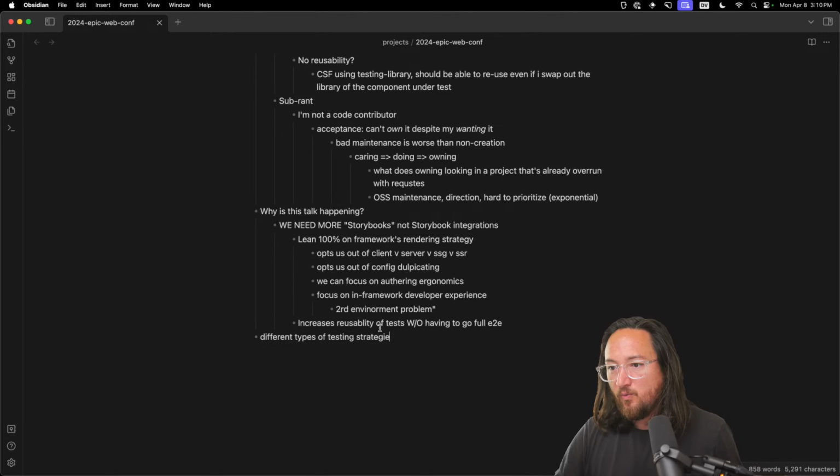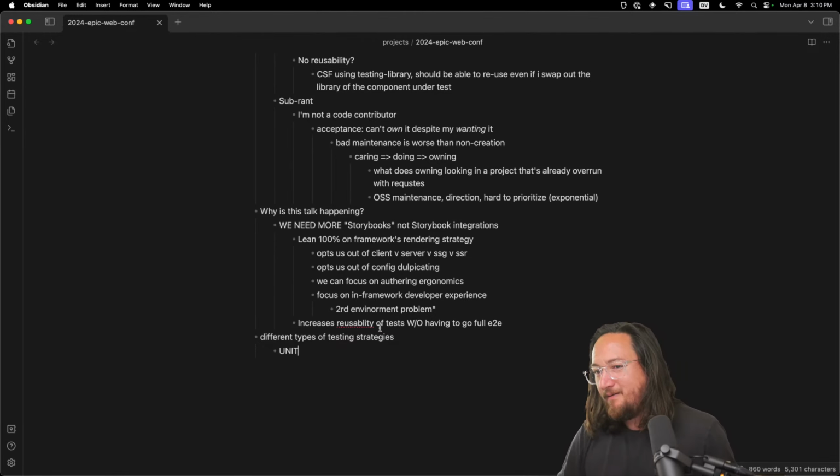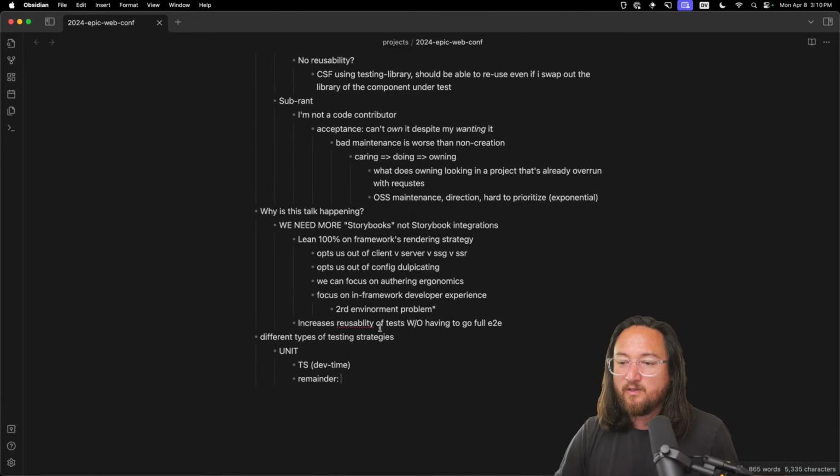So we have unit tests. I think it's kind of like you have a function, give it some props or arguments, and then test the output. In most cases, a lot of this is covered by TypeScript, which would be dev time, I guess. And so the remainder that you're left with is just stuff that is going to be runtime,